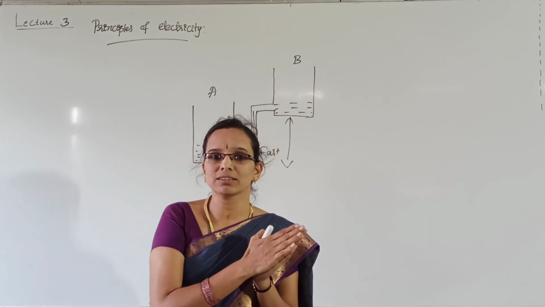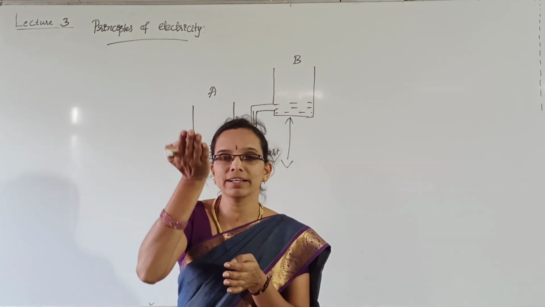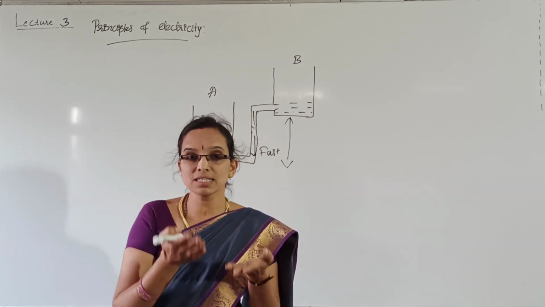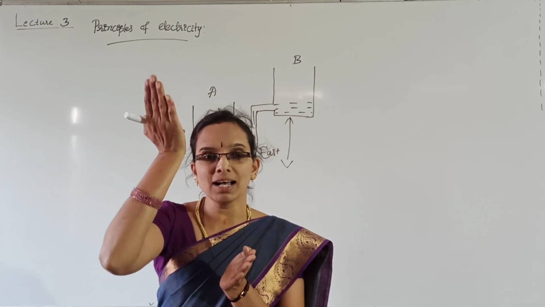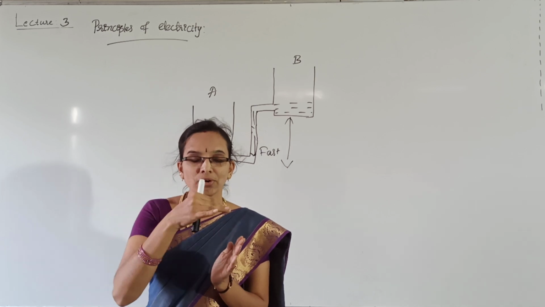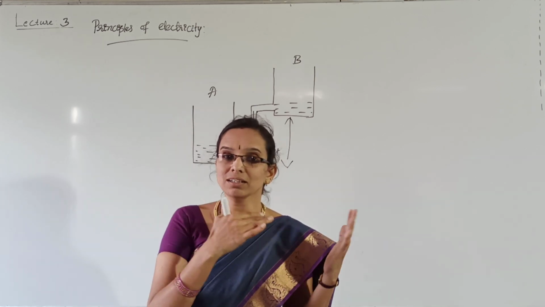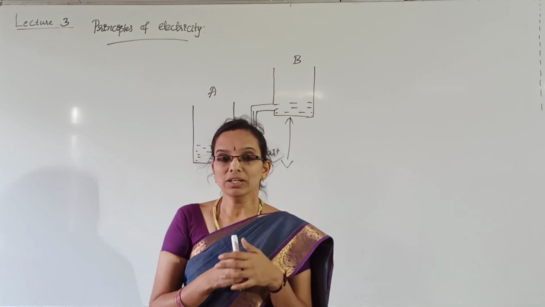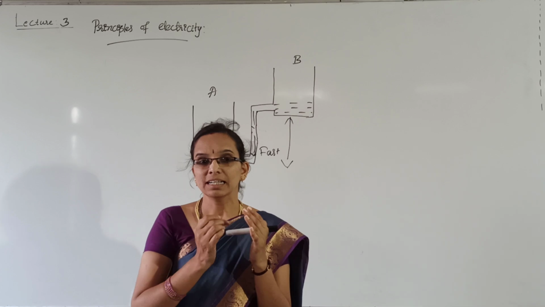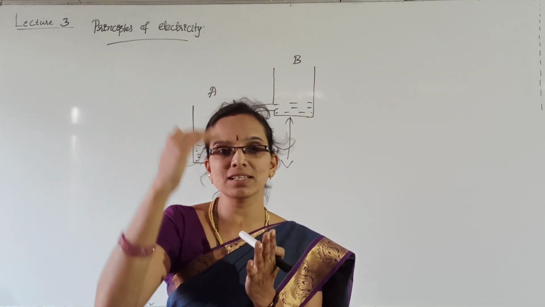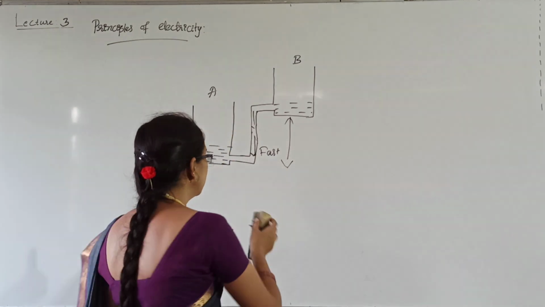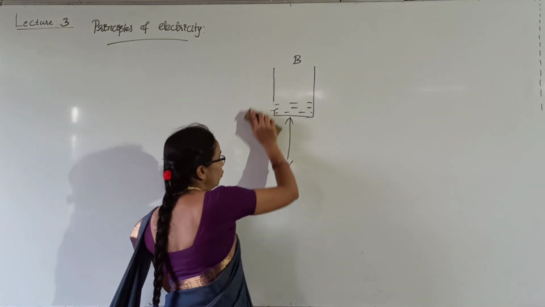So we did a work. What work we did? We increased the height of the vessel B so that water could flow from vessel B to vessel A. In the same way, if I increase the height, the pressure difference increases again. So water can flow even faster than earlier. So here the water flow depends on the increment of the height of the vessel B, right? This is in case of water flow.